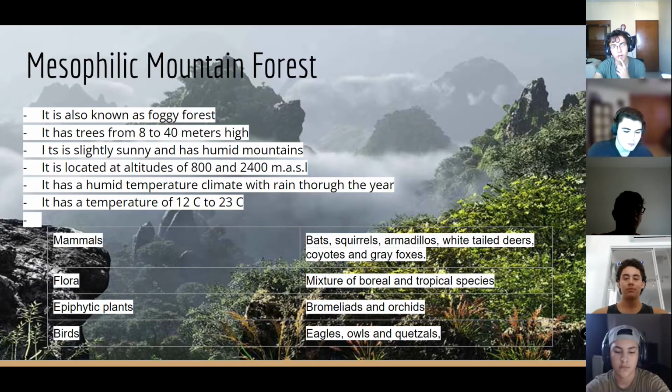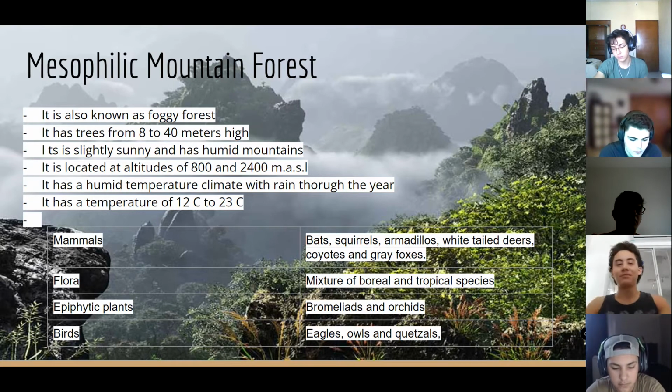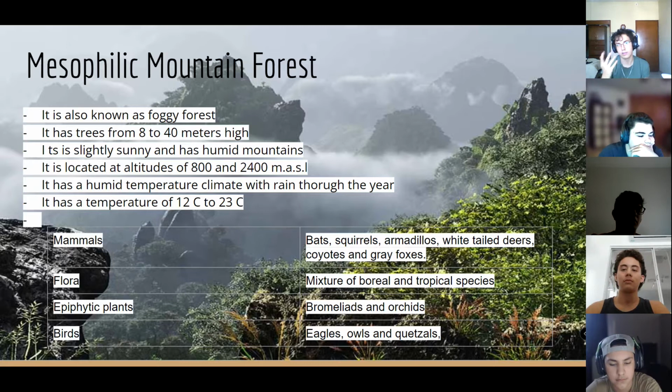In the flora, we can find a mixture of boreal and tropical species, examples of those species: pines, oaks, some oyamel, magnolia, liquidambar, caudillo, and árbol de las manitas. Aside from the flora, we have epiphytic plants that can be